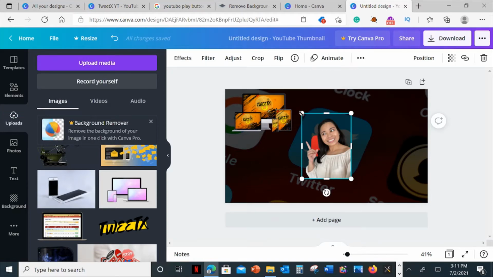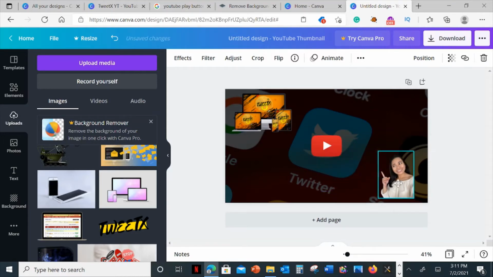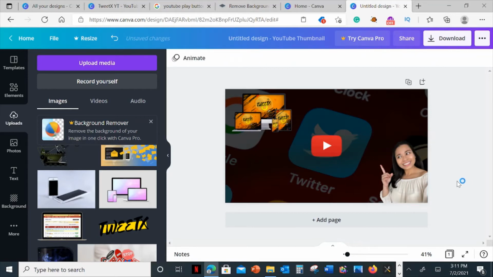That's another way for you to paste your images too, if you find that one easier. Or if you can't find the photos that you wanted online, then you can just drag it down from your documents over here and put it into Canva, just like that. And you want to make it a little bigger so that everyone can see your beautiful face. And then next would be